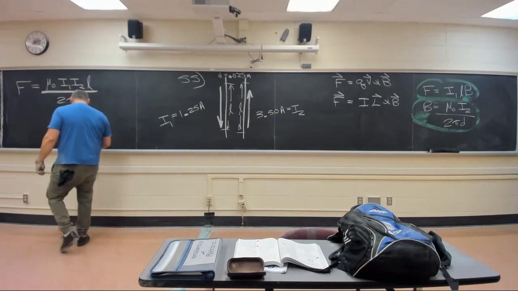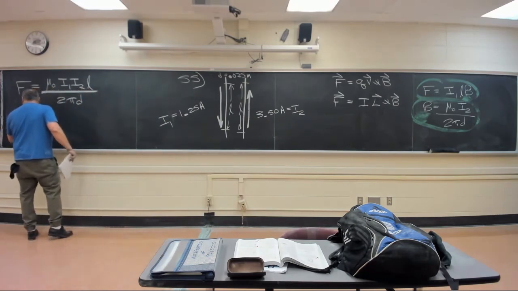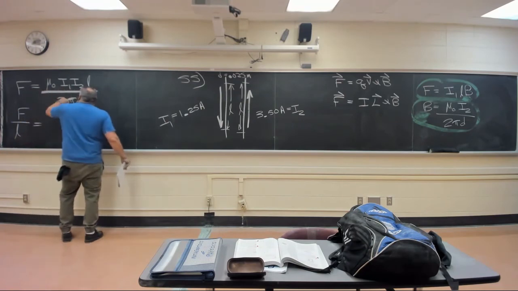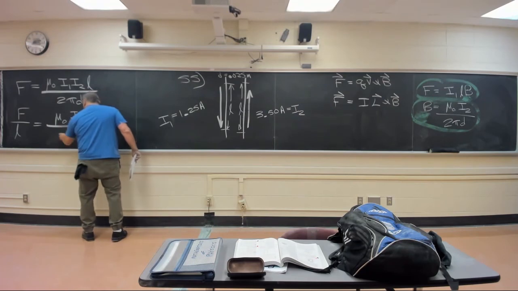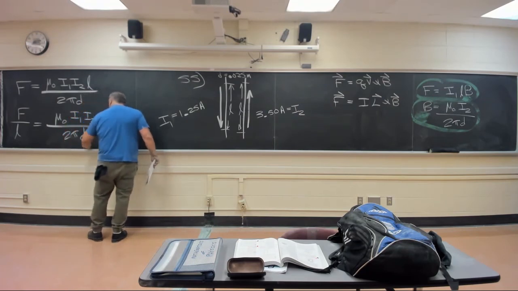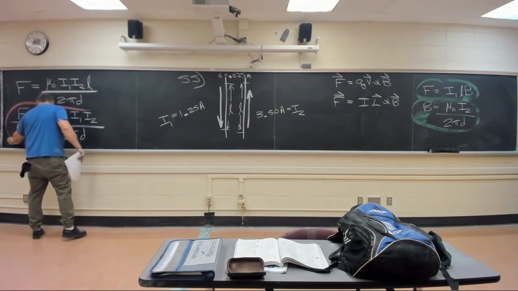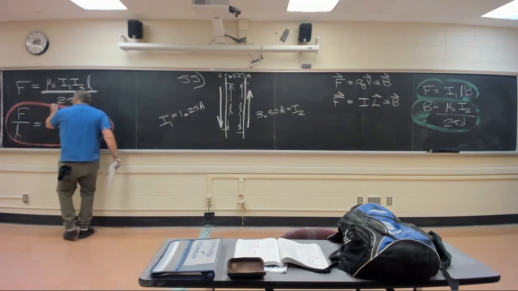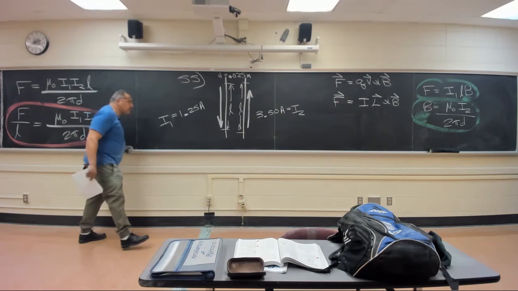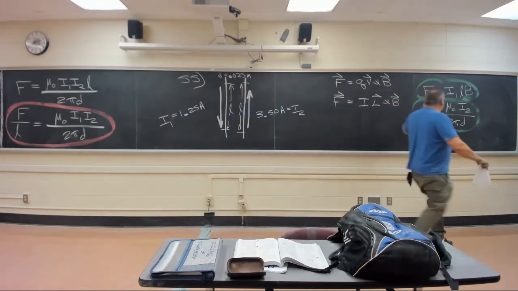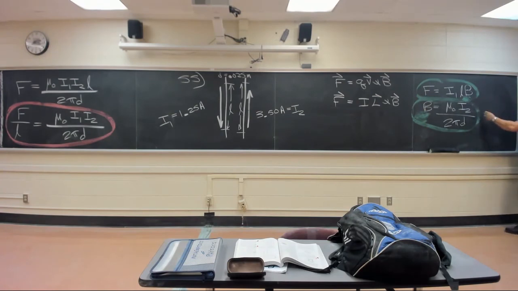There you go. So if we want to know the force per unit length, divide by L on each side, and that L's gone. Here's your answer. It doesn't matter which one you're talking about receiving the force. If you didn't want to go with this guy, and you said, wait a minute, I want to find the B for the other guy, it's a different B, to be honest. If you wanted to go this way,